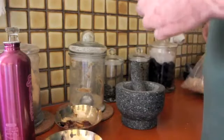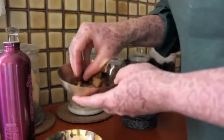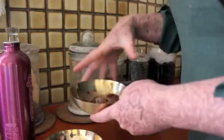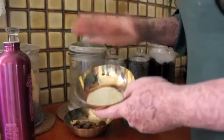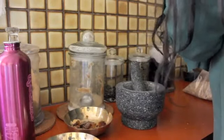Okay, so here is a little acacia resin from the acacia tree that I have found out in the wild. Smells great. You can eat this. In actual fact, you can blend it with water and make a really nice elixir. And here is the frankincense grinder. Now, I'm going to put a little bit of frankincense in,